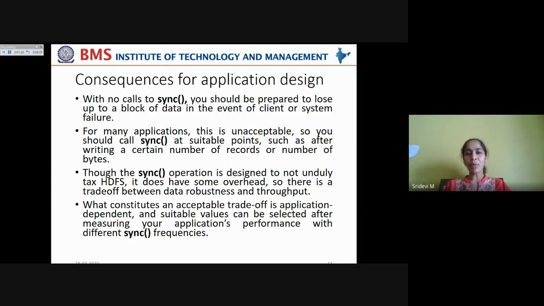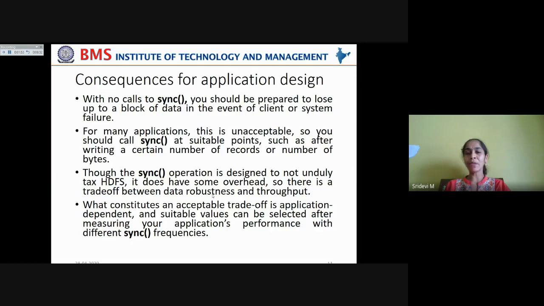Now, though the sync operation is designed to not unduly tax HDFS, it does have some overhead. It doesn't actually deteriorate the performance of HDFS, but still it has some overhead. So there is a trade-off between data robustness and throughput. If you want to maintain the consistency of data, then better use the sync method.